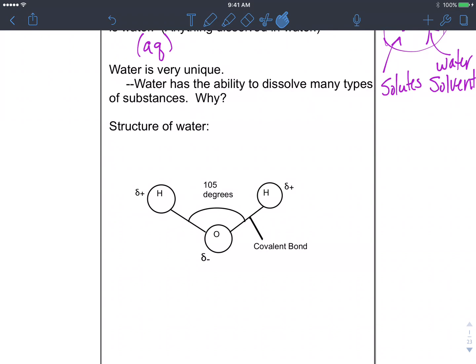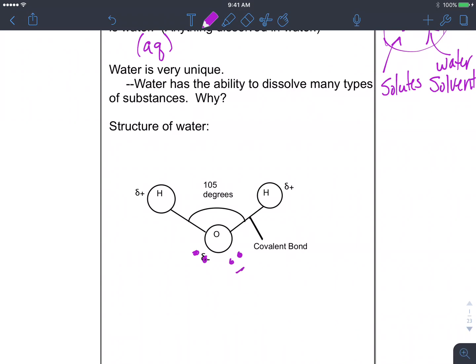Now you'll notice that water here has some covalent bonds to it. Those covalent bonds mean that the electrons are shared. Now hydrogen only has 2 valence shell electrons when it's sharing one of them with oxygen, and it's very happy with those 2. But what it does is, because oxygen is so electronegative, it means it likes a lot of electrons,